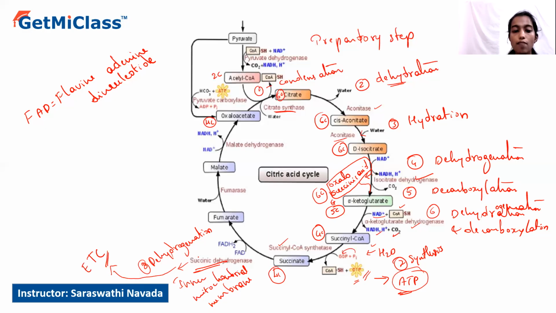So that is the importance of the succinate dehydrogenase enzyme. And the reducing agent used here will be FAD, which will be reduced into FADH2. And once the fumarate is formed,